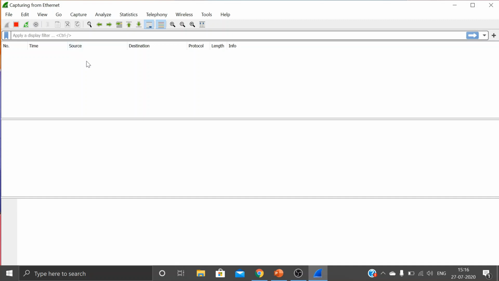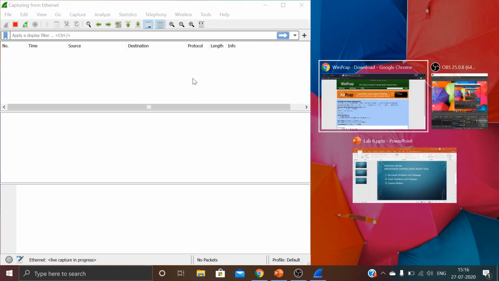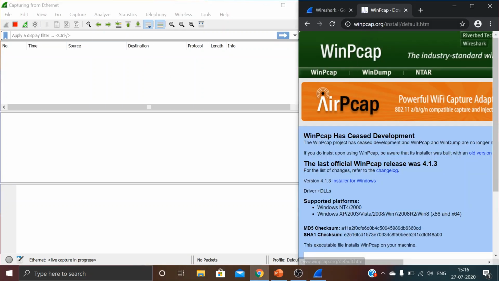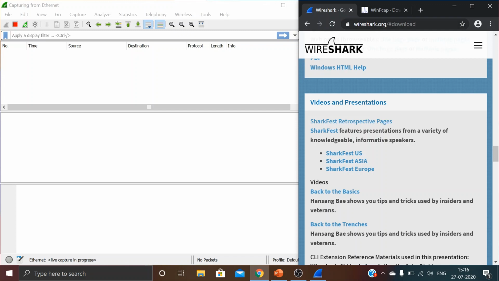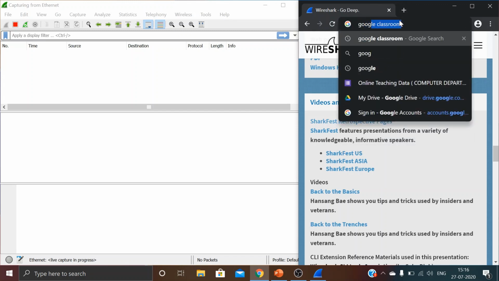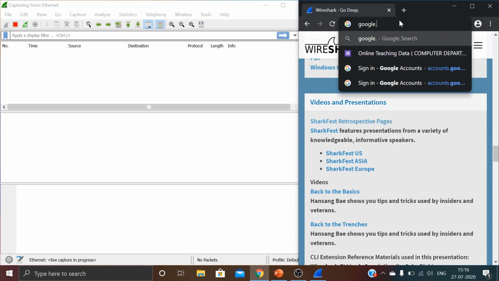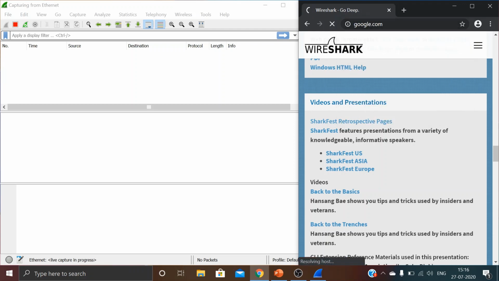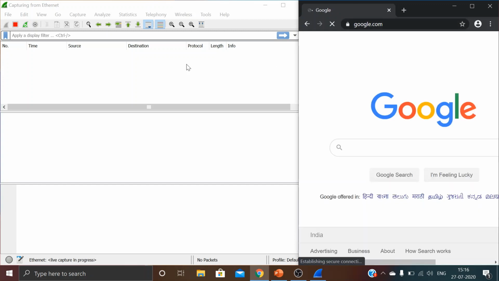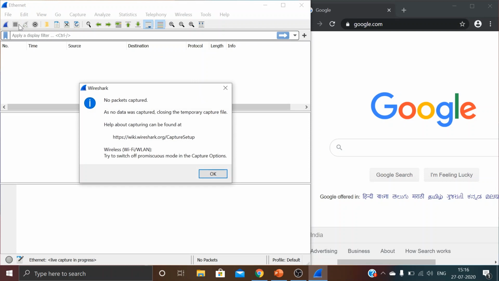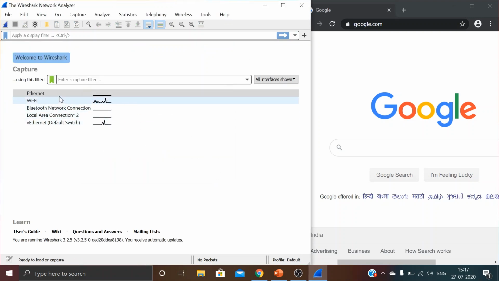So this is my Wireshark and this is Google Chrome. Now when I visit any website, let's suppose google.com, it is not capturing because we clicked on Ethernet, and my Ethernet is not connected.